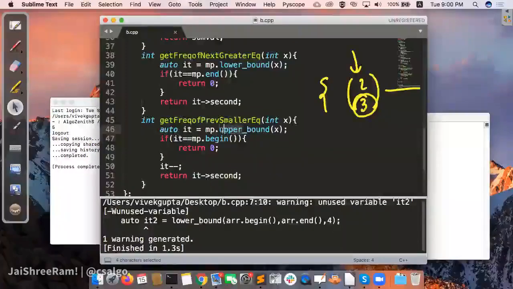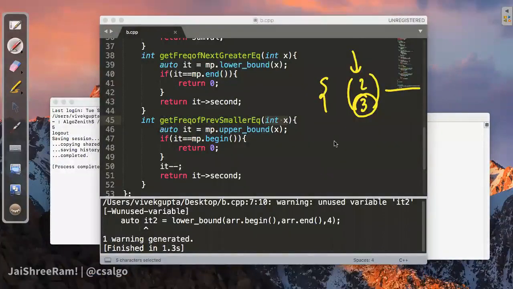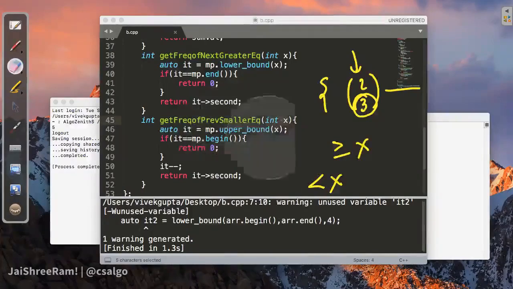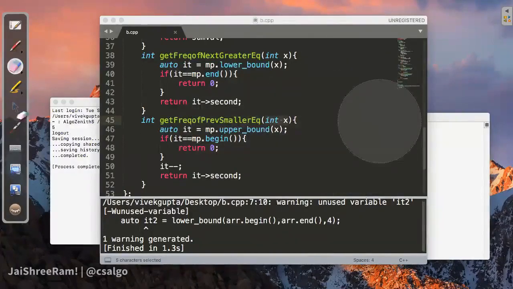If we use lower bound, it will not consider the elements equal to x. Once you go one element back, it will not consider elements equal to x in that case. Lower bound gives you the first element which is greater than equal to x, right? And if you do it--, it will be the element that is less than x, but we want to find smaller equal to. So we do this, right? Clear with this one?